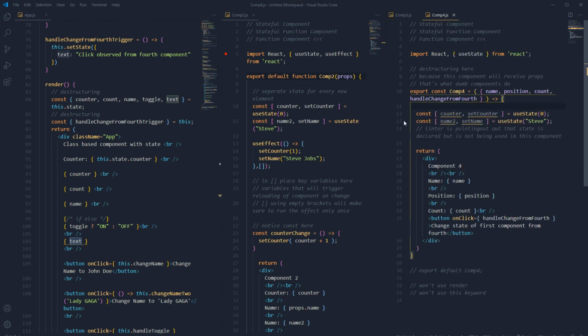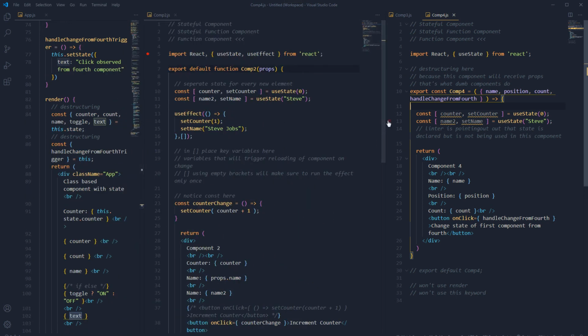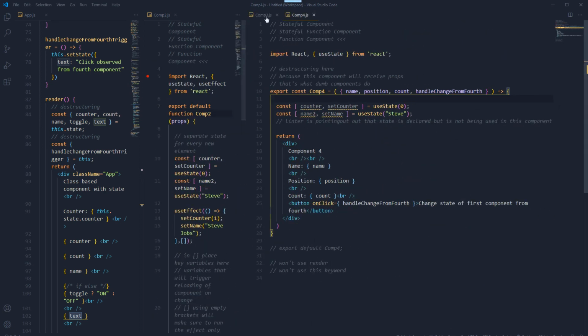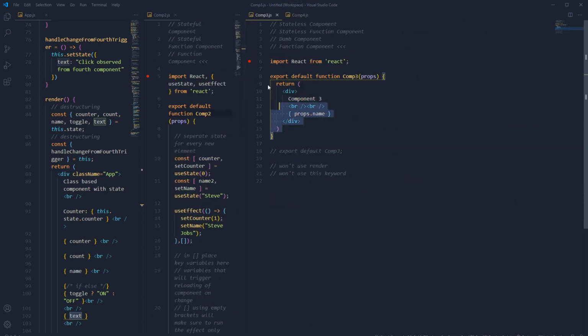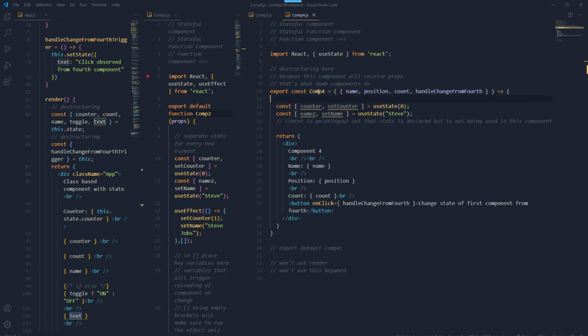And it is safe to say that you will see this method a lot. Most components will be like this. That will be dumb components or stateless components. Most components will be like this. That will just take the props, you can destructure it here, and then those props will be used inside this function. But for stateful components,